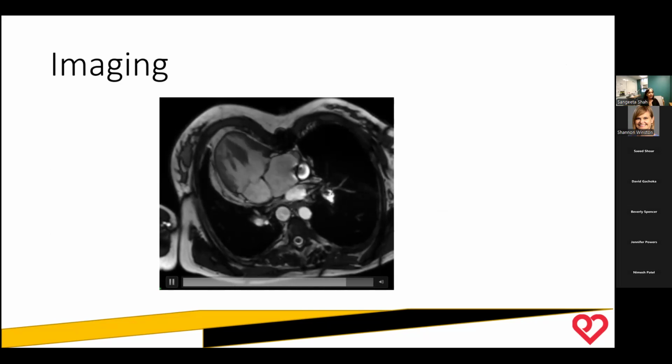Two other interesting findings: here's her Fontan, the circle here, and there's a Fontan fenestration right here. And then here's her aorta, and here's another dilated vessel. If you see another vessel that looks the same size as your aorta, this is what we call a dilated azygous, and it usually means that the IVC does not connect the routine way we normally think, and we call it an interrupted IVC.